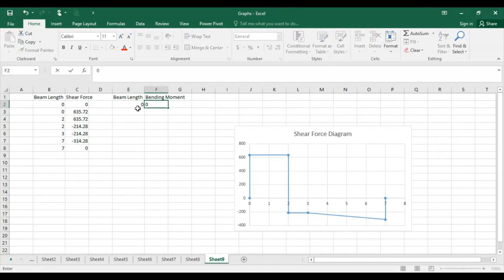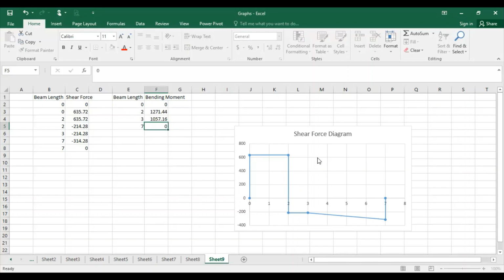and for the next value, 2, this will be 1271.44, and then I have 3, and the value is 1057.16, and the last value is 7 comma 0.